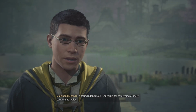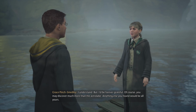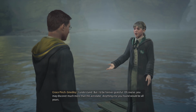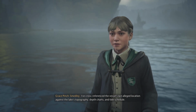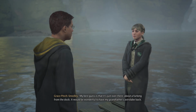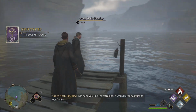Sure, I'm in. It sounds dangerous, especially for something of mere sentimental value. I understand. But I'd be forever grateful. Of course, you may discover much more than the astrolabe. Anything else you found would be all yours. I've cross-referenced the vessel's last alleged location against the lake's topography, depth charts, and tide schedule. My best guess is that it's just over there, about a furlong from the dock. It would be wonderful to have my grandfather's astrolabe back. I do hope you find the astrolabe. It would mean so much to our family. It sounds as if her astrolabe...